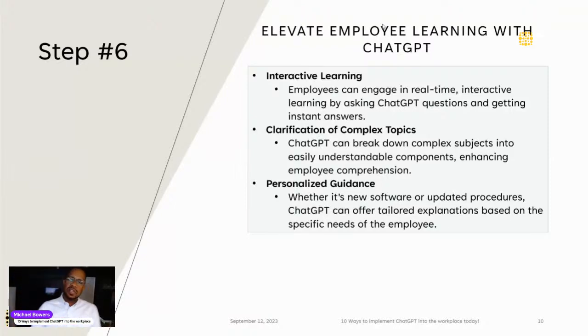So the idea is to say, all right, now you can take this a step further and actually be proactive and even go as far as contacting the guests before they arrive, send them a questionnaire, let them know that you have the service available, get an idea of the kind of things that they want to do. ChatGPT can create that questionnaire. It can create the right language depending on where they are in the world. And then when they respond with the answers, you take those answers and put them in ChatGPT. You say, hey, ChatGPT, these are the people. What can we recommend for them? And then have it provide that kind of content.